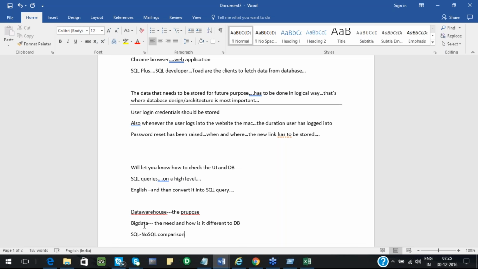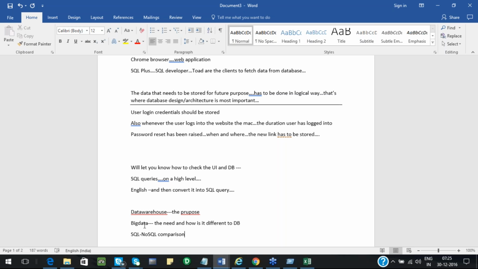Khadija is asking about SQL and NoSQL. You have a SQL server or database server, and if you want to fetch or insert data into this server, the query language that you use is SQL. For big data systems, you have MongoDB or Cassandra.